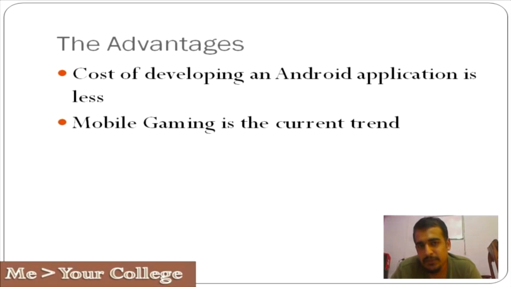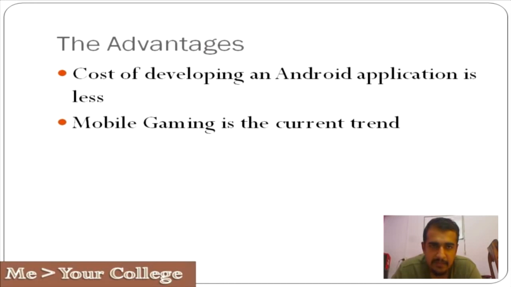And when you publish on the Android market, you have to pay a small amount of money for the publishing cost. I think it's around $25 that you need to pay. After that, the amount of money you're charging for people to download the game, all that is something that can go to your pocket. This is one very, very lovely advantage of Android that makes it a very, very profitable venture to take up.